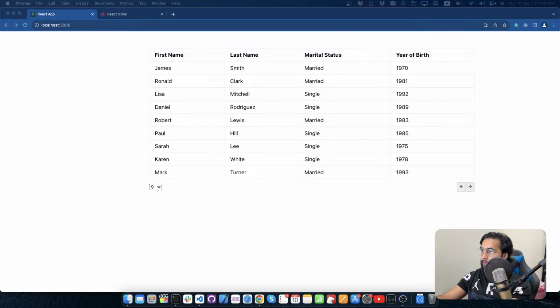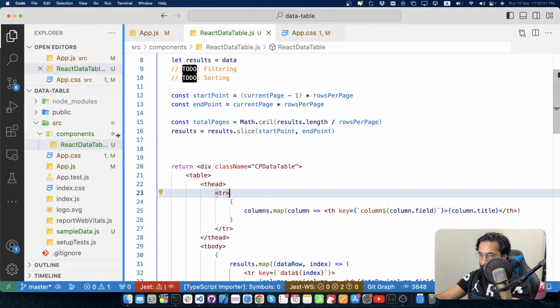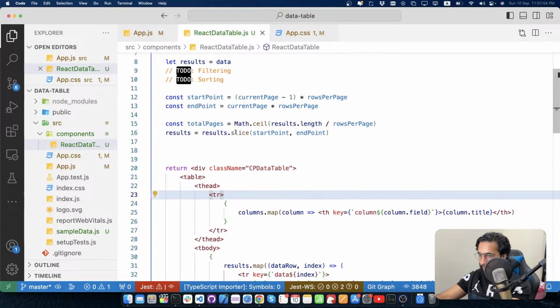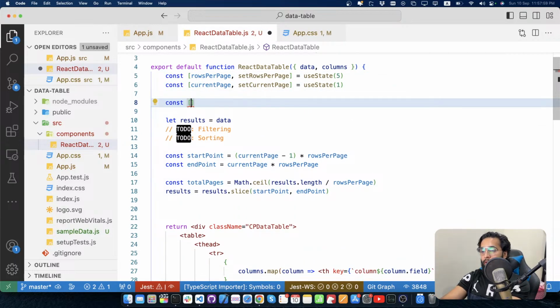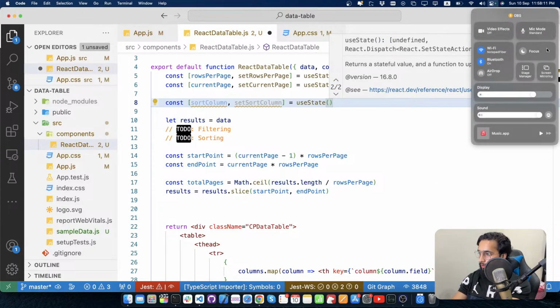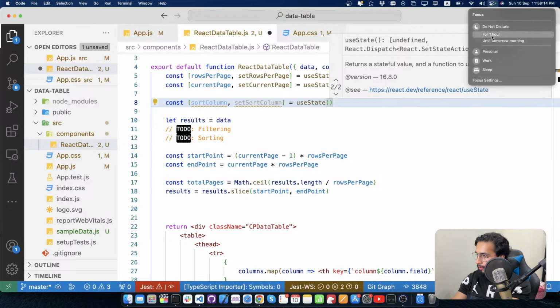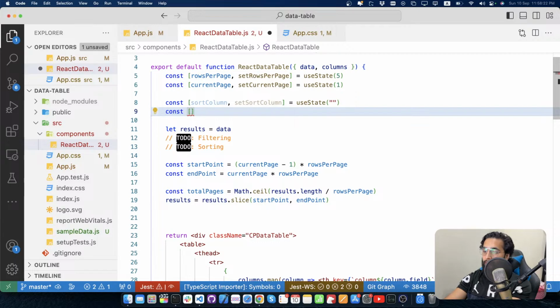And let's implement sorting. Okay, let's implement sorting in our table. Okay, let's go over here. For that, I'm just going to create two state variables. First will be the sort column, set sort column, useState. So the default sort column is an empty string, and I'm gonna create another state variable